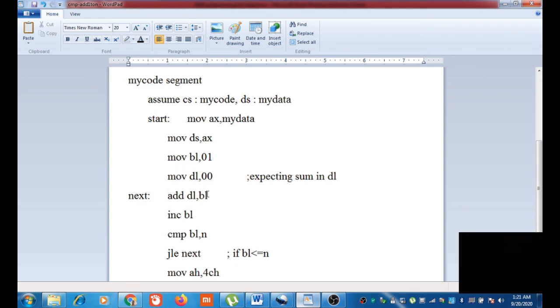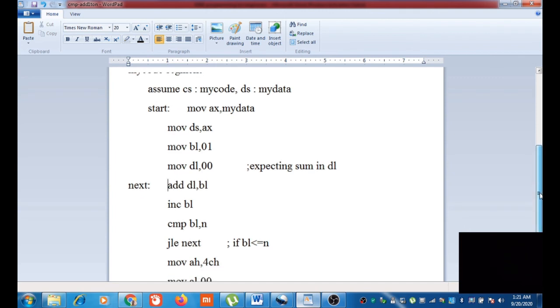So we will get 1 plus 2 plus 3 up to 10. INC BL, it will become 11. At that time we compare BL, which is 11, and N, which is 10. 11 is not less than or equal to 10. So we will come out of this loop, or out of this iteration.